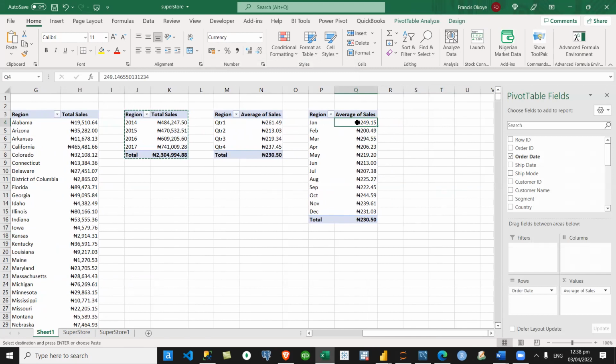This is how much you sell on average in January, in February, in March, in April, in May, in June till December. This is your average sales per month. This is your average sales per quarter. But this is the total you make for 2014, 2015, 2016, 2017.